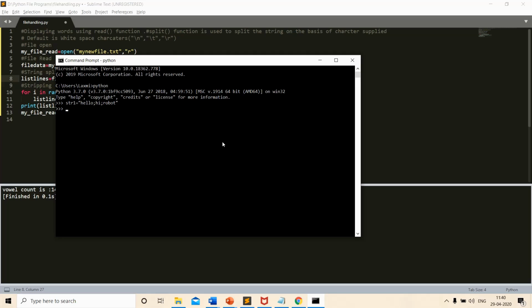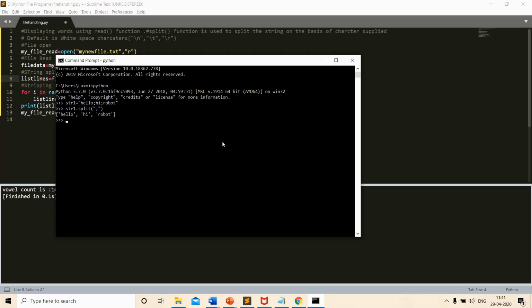For example, if I call the split function on this string with a semicolon as the split character, it will provide me a list of words split based on the semicolon character. See here, the string is now converted into a list. It split the entire string on the basis of the split character which I have supplied.